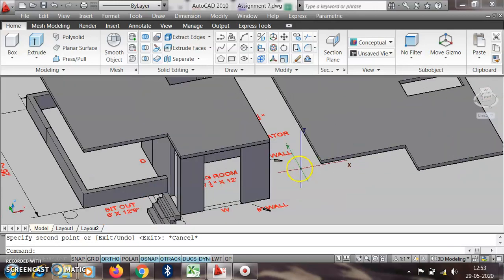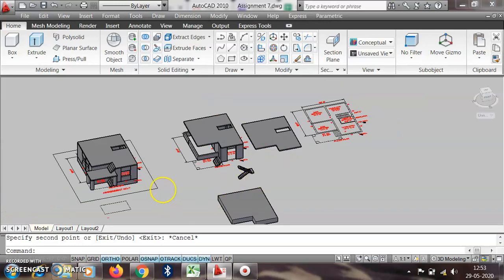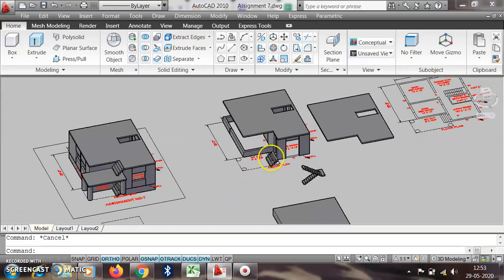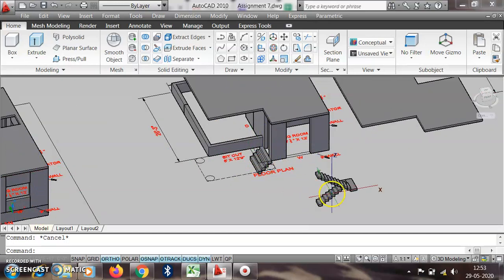So after this we'll get the portion here. We can cut this slab from here also, and if we require this open area we can provide it, no doubt. And then we can copy all this portion from this point to this point.